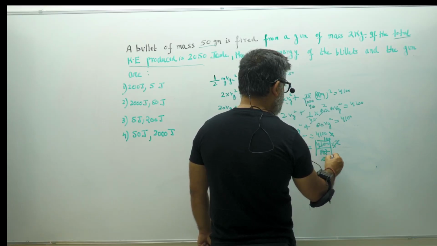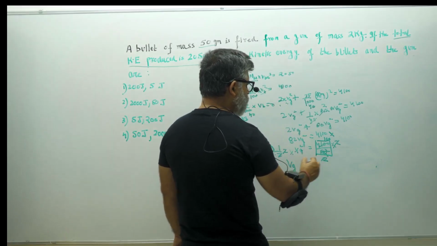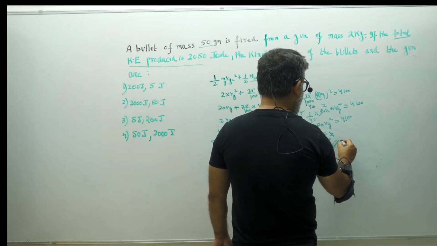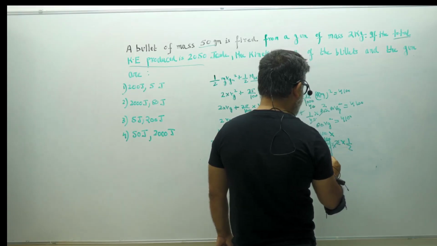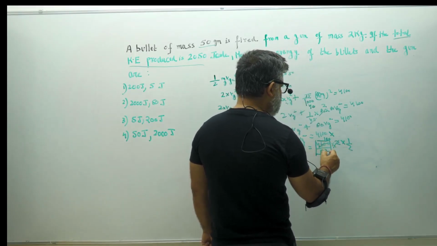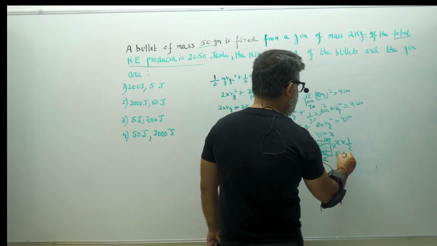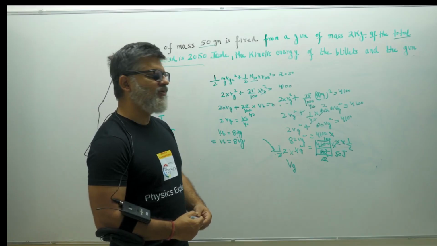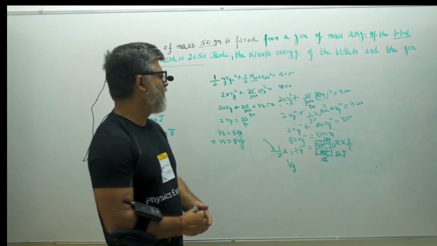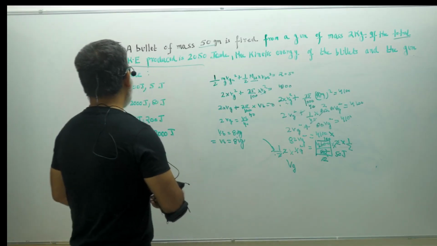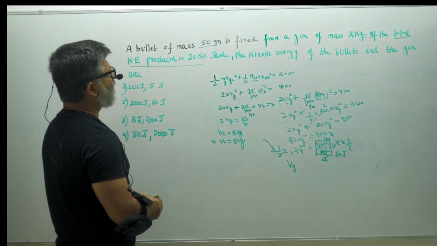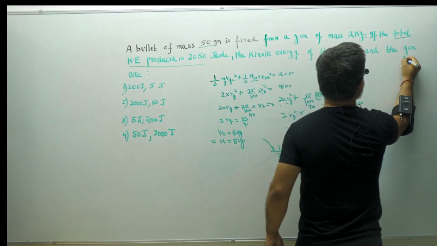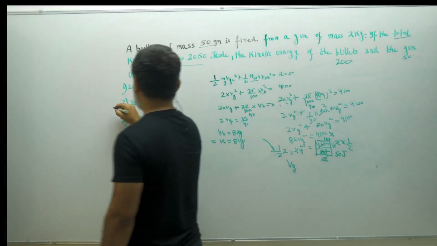41 by 100, right? This was my Vg square. So I multiplied Vg square by 2.5, right? So I just need to do that. 41 hundreds are 41, twos are, so I get 50 joules. So the kinetic energy of the gun is 50 joules. I think the calculation was a bit tricky, but not impossible. If this is 50 joules, the correct answer is that the kinetic energy of the bullet therefore is going to be 2050, right? So this is your correct answer.